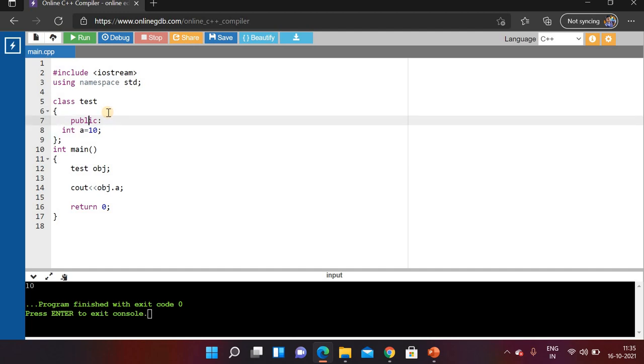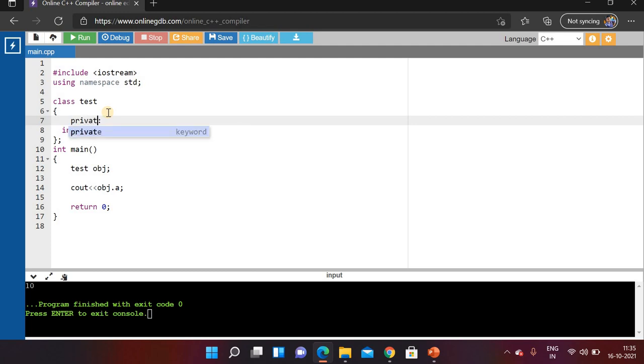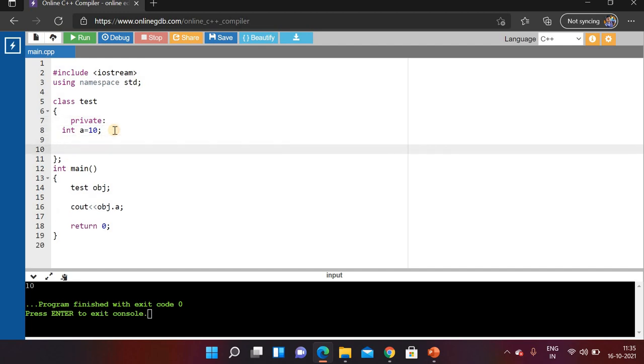Suppose this member is private only, and we want to access it from the main function. In that case we need to make the function a friend of the test class. For that we have to write the signature of the main function, and we need to use the friend keyword here.